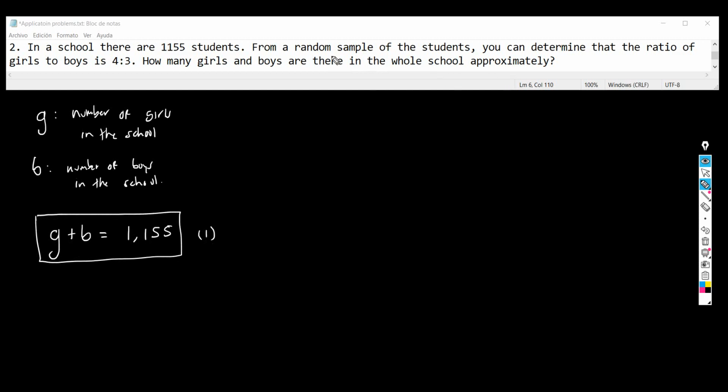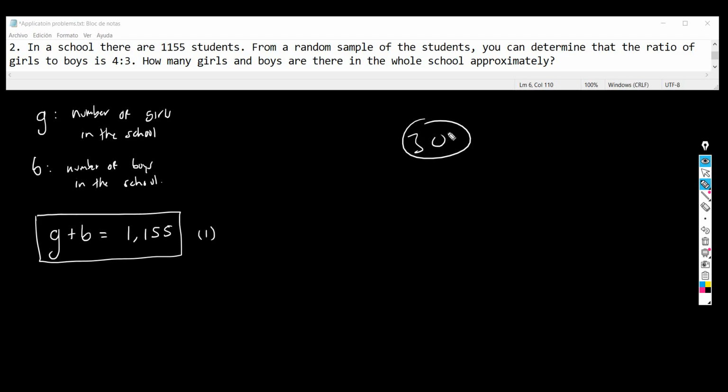And then they tell you that when you take a random sample, what is a random sample? It's kind of like you go to the school and you pick, I don't know, among these many students, let's say 30. That's what a sample means. It's kind of like a muestra, es una muestra aleatoria. Okay, so